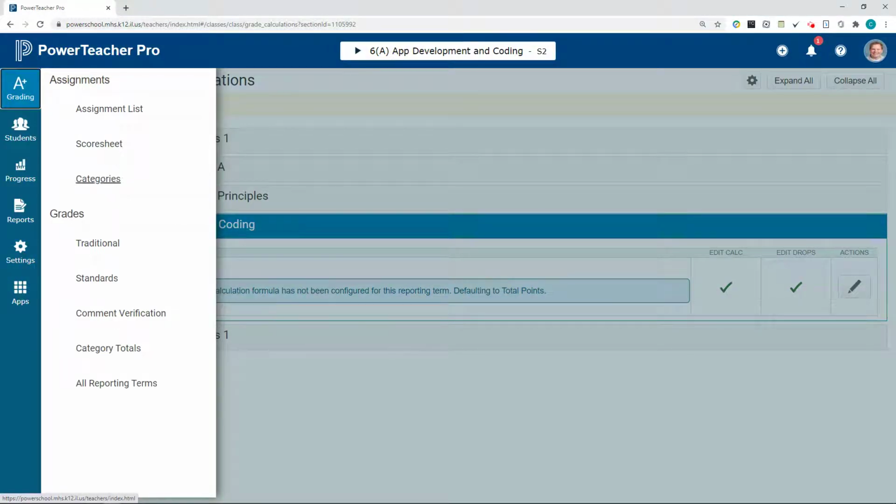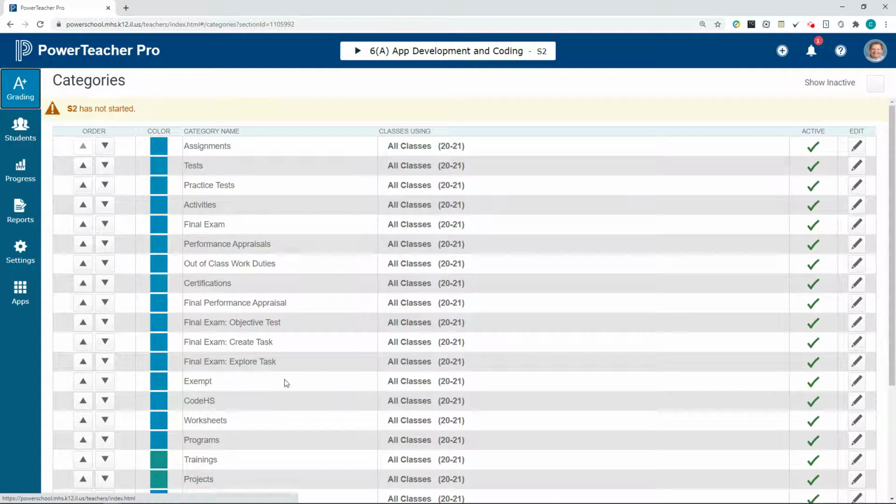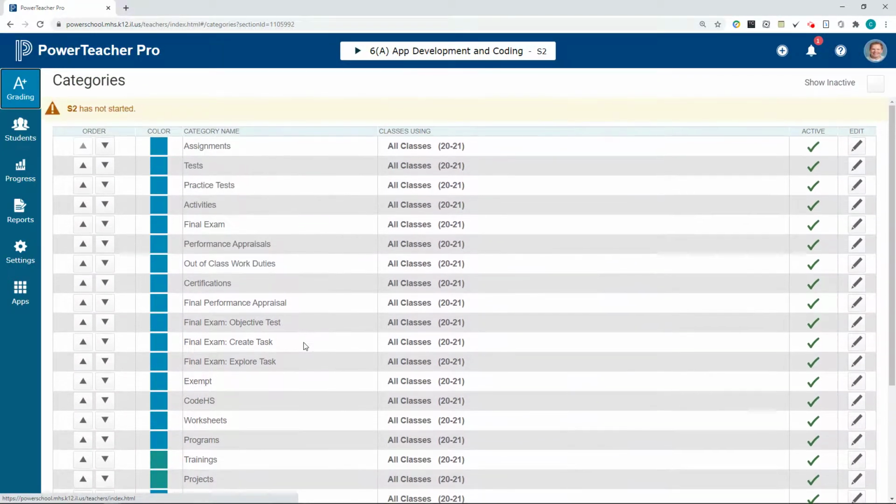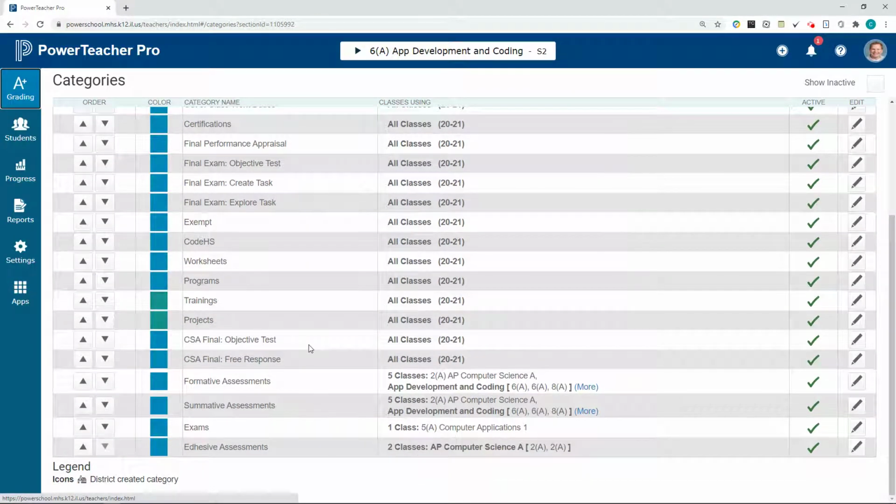go to categories, and this is a list of all your categories in PowerTeacher Pro. Well, which ones do you want to use for your class that you're working on right now? Well, I want to use formative and summative assessments. So you can look here to see if those courses are listed in there. You can click on the More button. I just tend to like to come over here to the Edit button and to check because I find it easier that way. So if I click here on this Edit button,